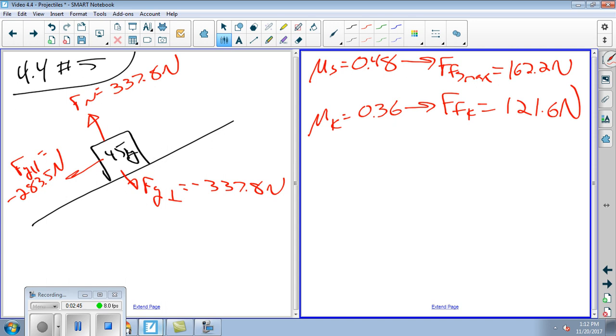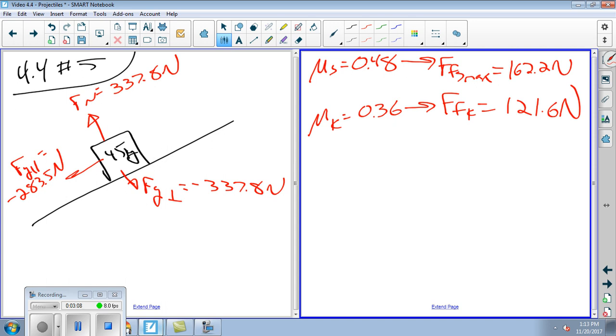All right, now, there are some unfortunate coincidences in the way these numbers work out, and I've since rewritten the problem to avoid that. But somebody asked about C, is that right? Okay, so question C says, and I quote, find the force needed to make the box slide down the ramp